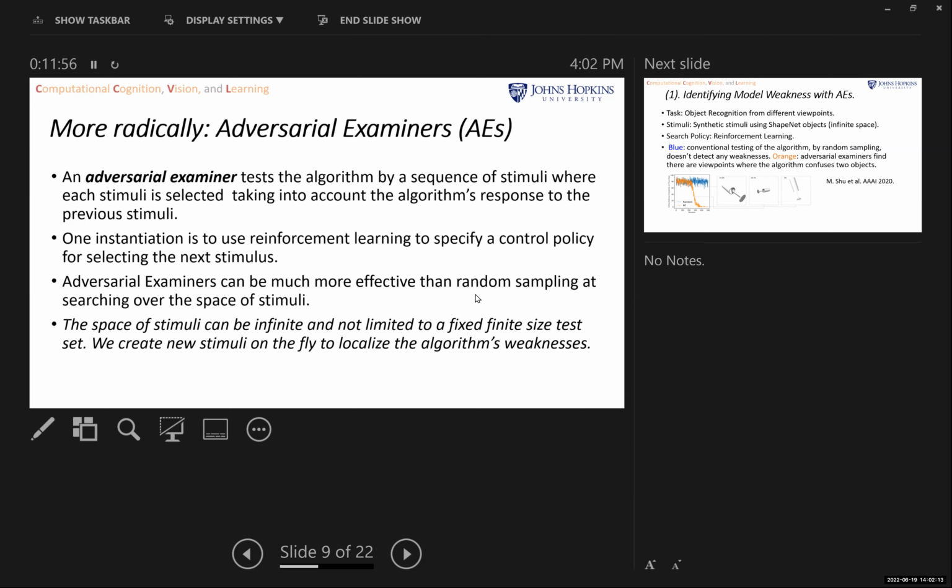And the instantiation for doing this is to use reinforcement learning, which can specify a control policy for selecting the next stimulus. They can be more effective than random sampling over the space of stimuli, but even more importantly, they can expand the set of samples that you're testing to a perhaps infinite set. With any finite data set, you've got n examples you can test on, but by modifying the stimuli the way adversarial examiners can do,